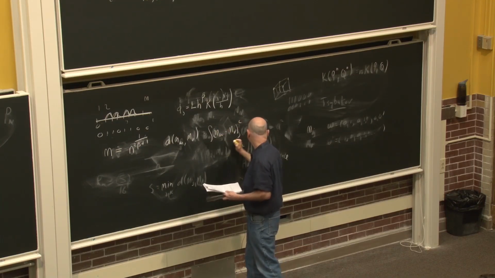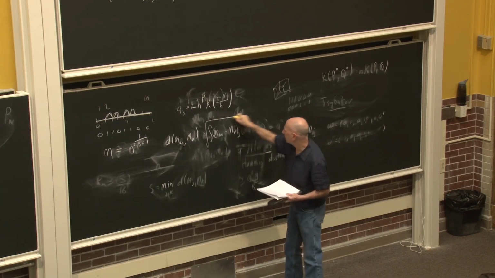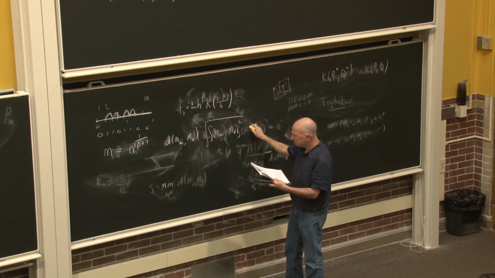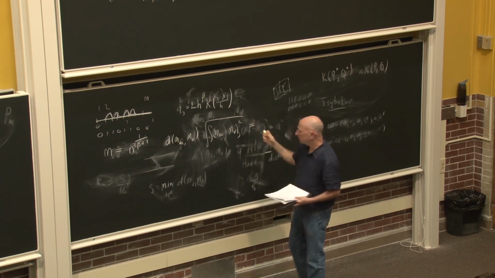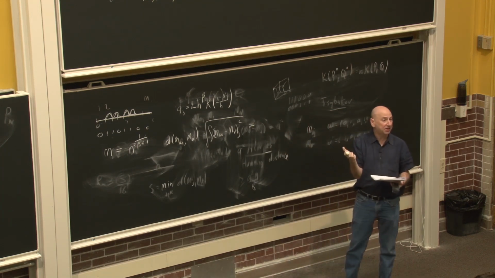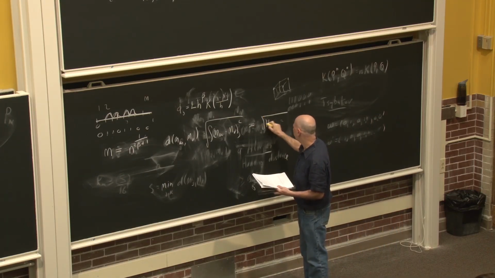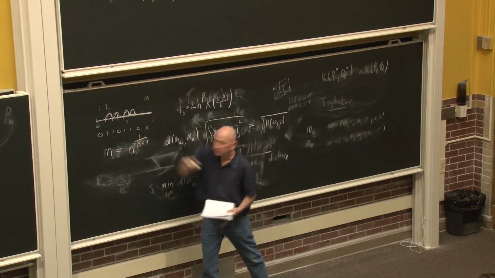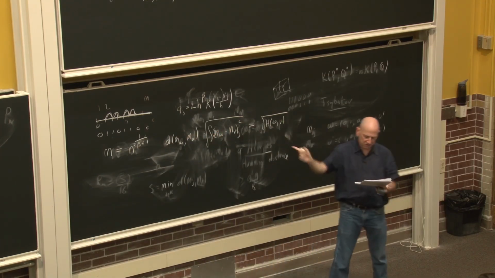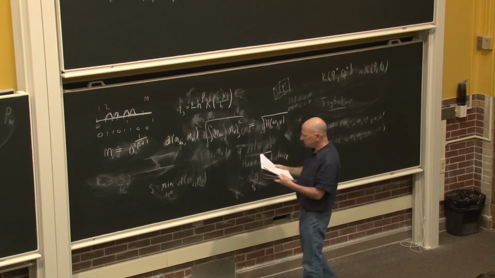As we just saw, actually, I guess I did it on the square root scale. It's the Hamming distance times the L2, or this, which it's not hard to see, turns out to be